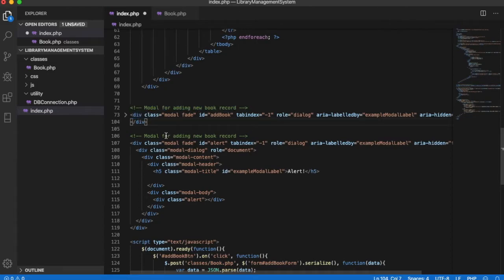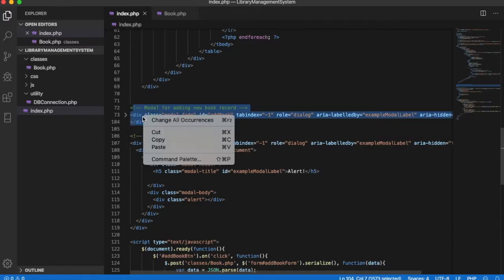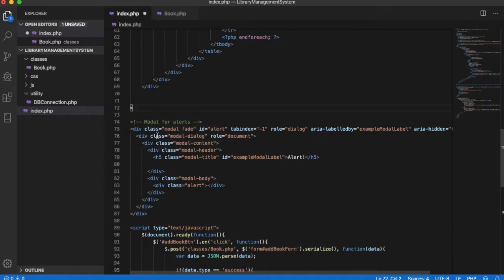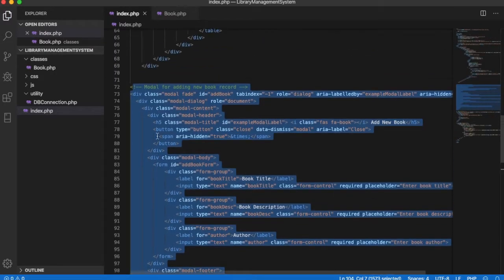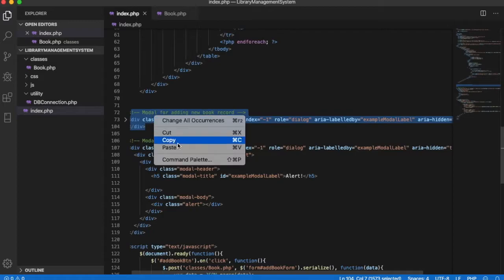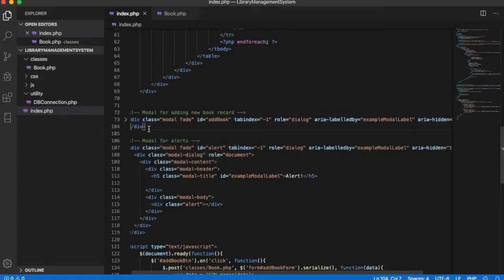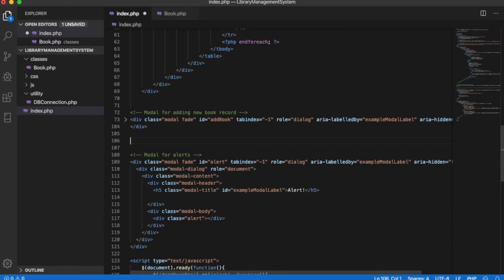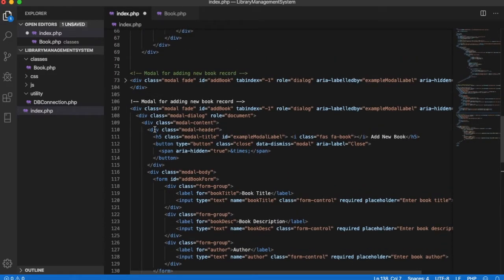Firstly, let's go here and edit this comment. So this model is for alerts. So let's put it like that, and let's copy this whole model. Oh my god, I'm sorry for this mistake. Let's minimize this, let's copy this, and below this the adding model,